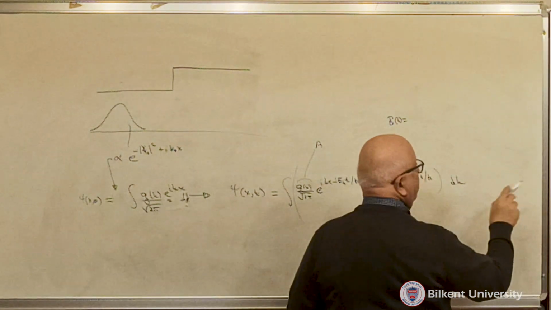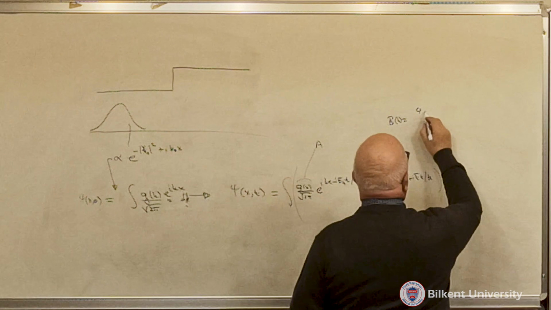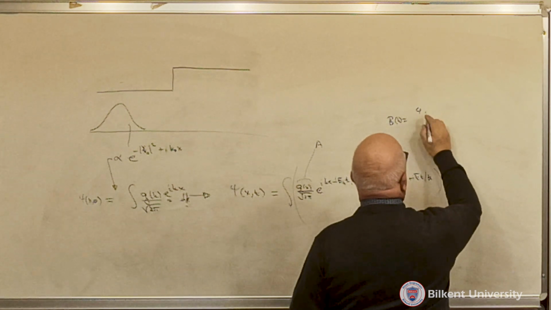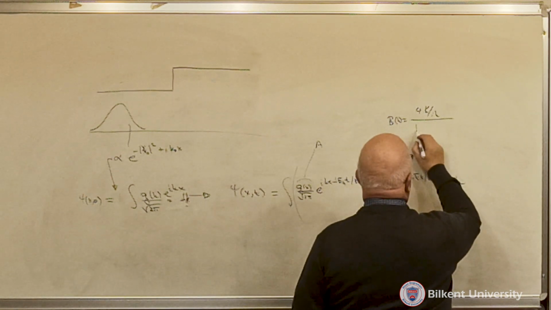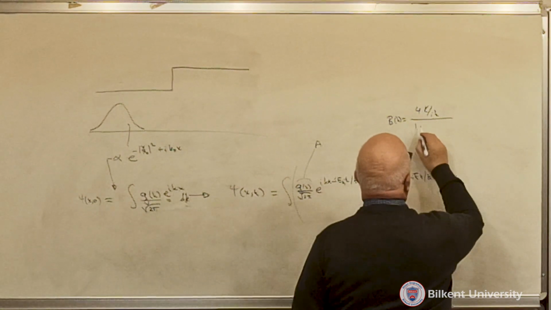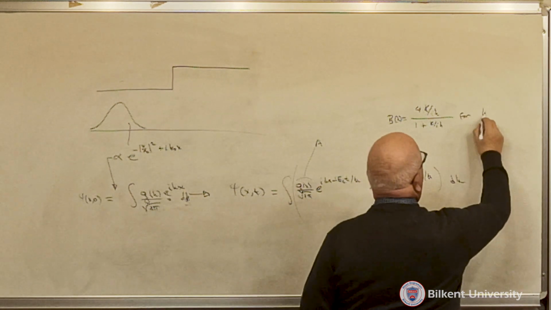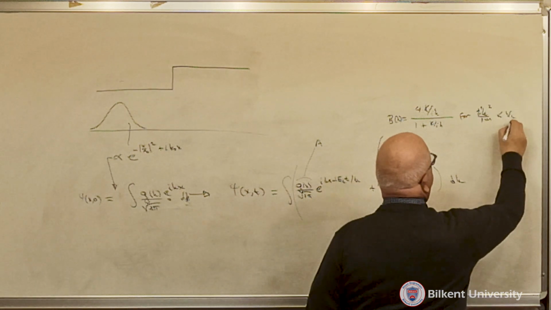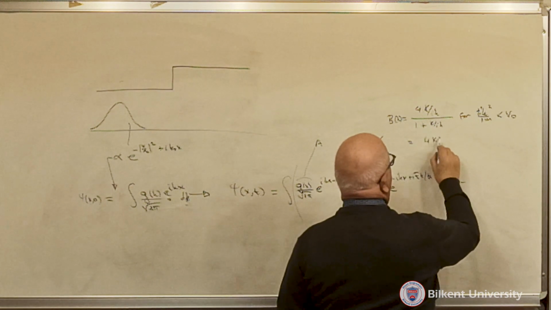So b of k is going to be, let's see, 4 k over ik divided by 1 plus or minus ik for h bar squared k squared over 2m less than V0, or it's going to be equal to this thing here for k over q